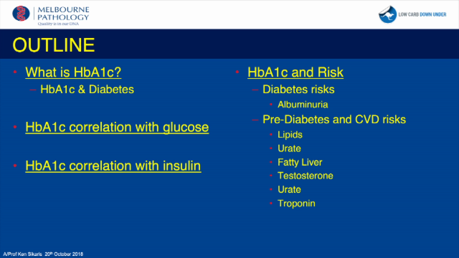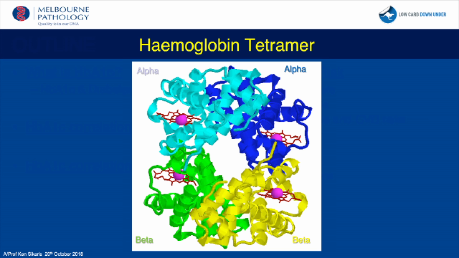Now, I've mentioned hemoglobin A1c, which people associate with glucose, and I'll be discussing that. What is A1c and how is it related to diabetes? How does it correlate with glucose? And then what we're interested in with metabolic syndrome is insulin. And once you start uncovering the relationships of A1c with insulin, then you're starting to dive into these other relationships of hemoglobin A1c. So hemoglobin A1c, hemoglobin is the red part of your blood, and it's composed of 4 subunits,